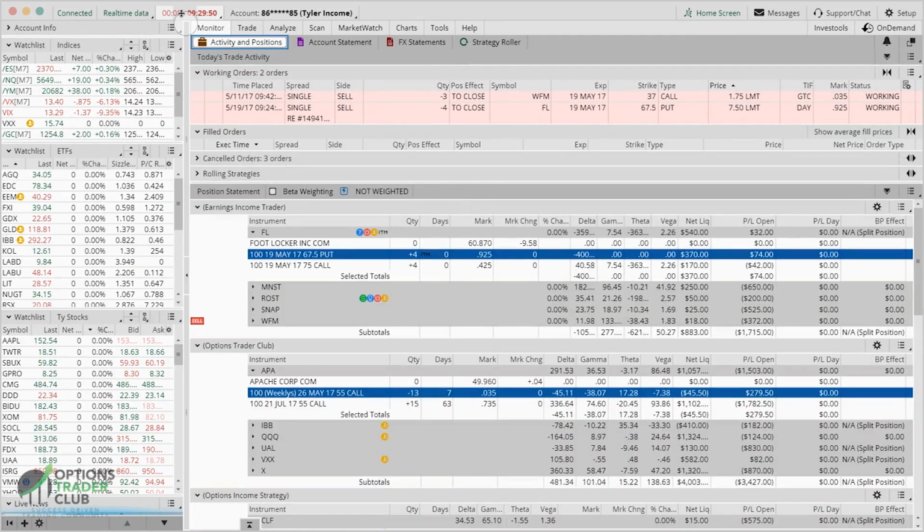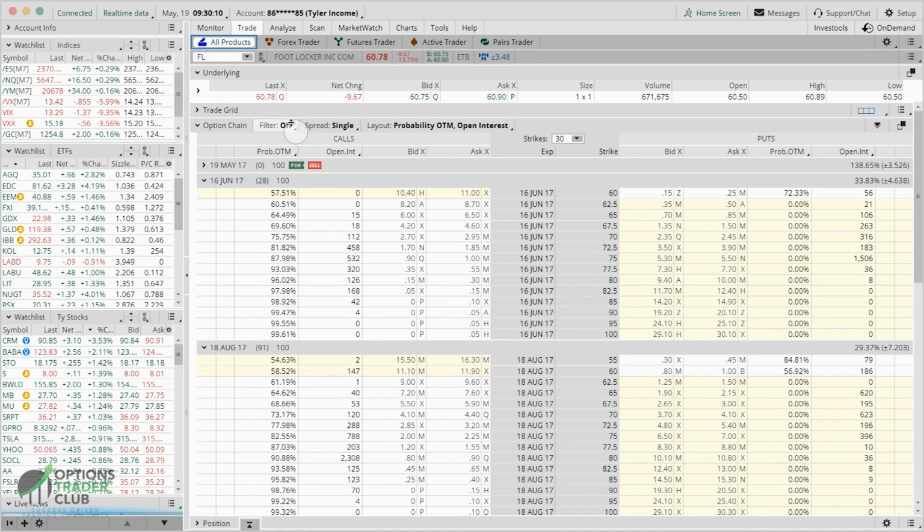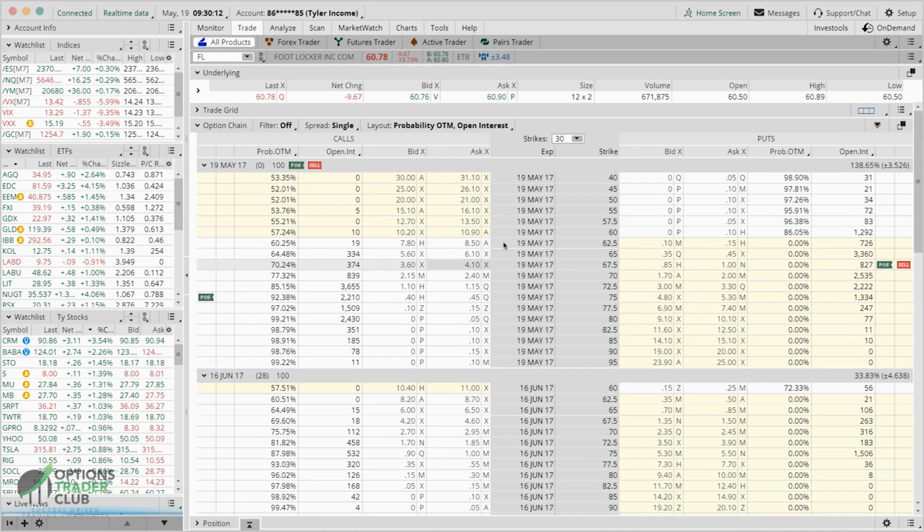So we got 9 seconds. This is going to fluctuate pretty rapidly, and I'm going to show you the process of taking off a winner. This is my biggest earnings trade winner so far in 2017. We should see this have some fun here in the next few minutes. So after you have a big move on earnings, it definitely takes a little bit of time to have the prices settle. And you can see right here